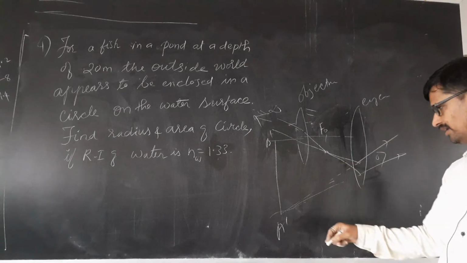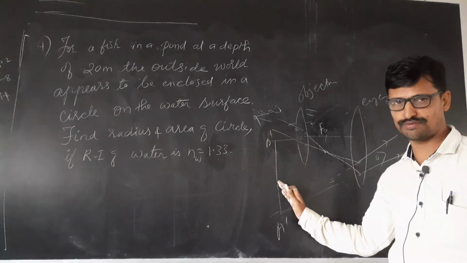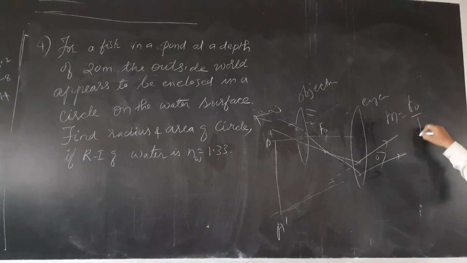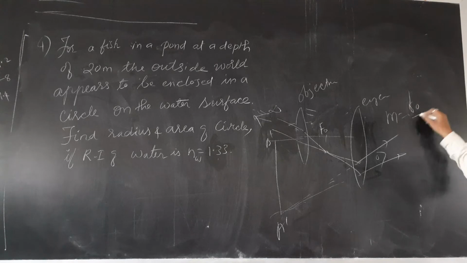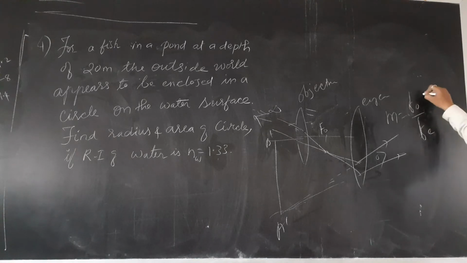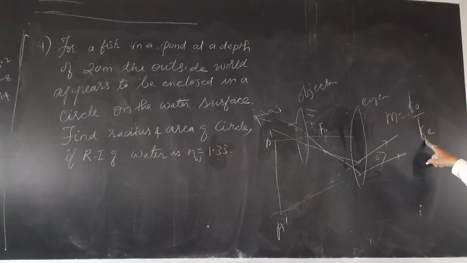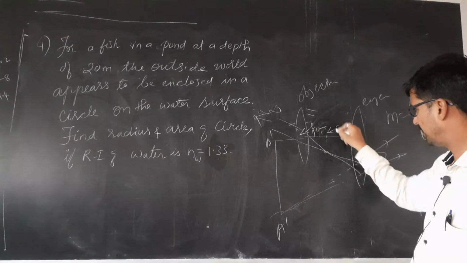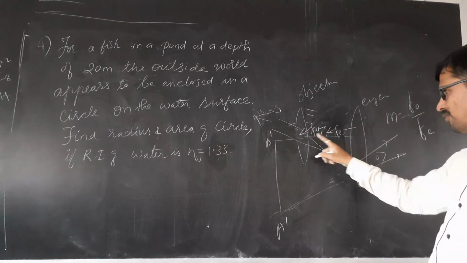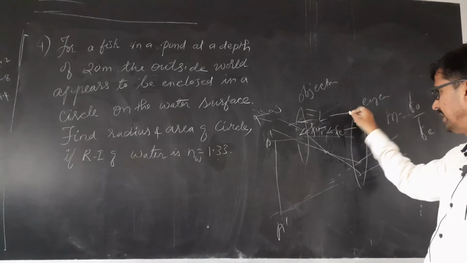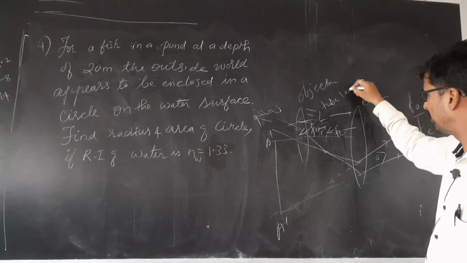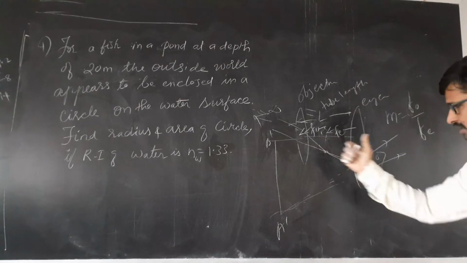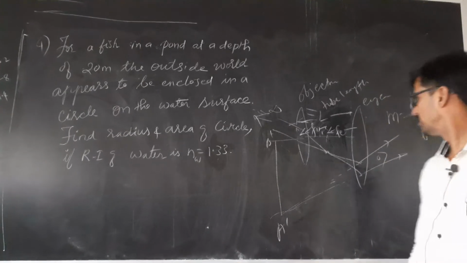This image is seen clearly if it is formed at the least distance of distinct vision, and the magnifying power of the telescope is given by FO upon FE. FO is the focal length of the objective lens. FE is called the focal length of the eyepiece lens. Now here it is FO and here it is FE. This total length is called L, which is called the tube length. So this is regarding the telescope, and this is magnification.